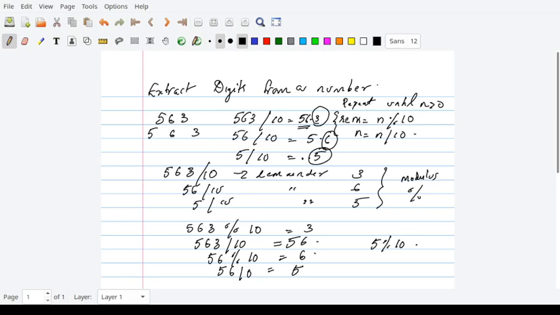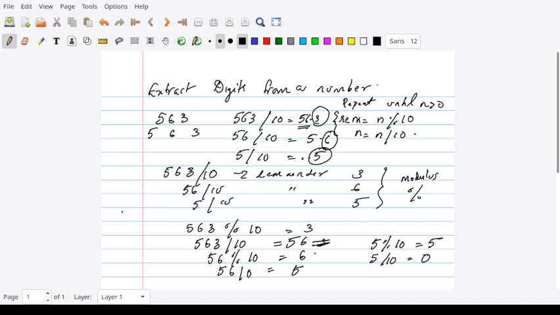For that, again you do 5 modulus 10, you get 5, and you divide 5 by 10, you get 0. That is, when you divide by 10, you are getting only the whole number values. You do not get 56.3. We will get only the whole number value in this case.